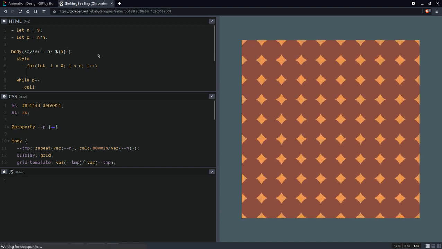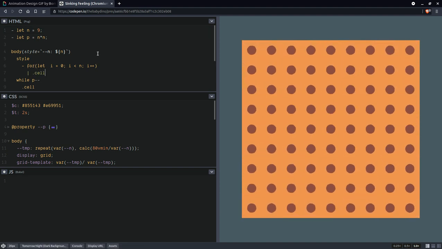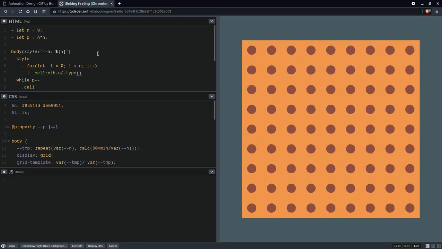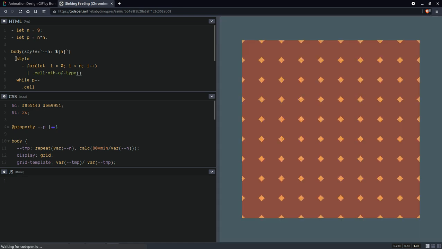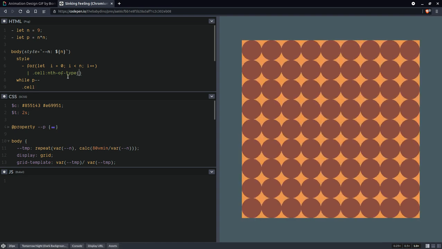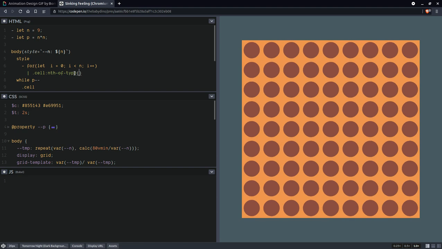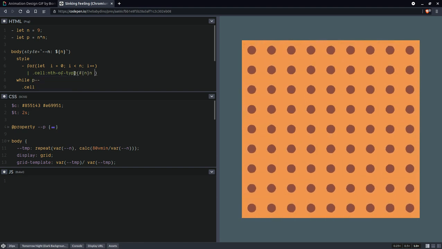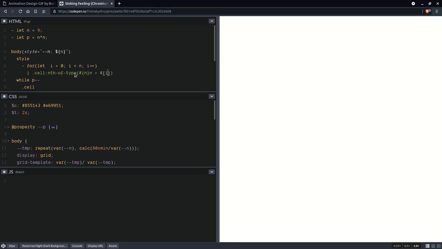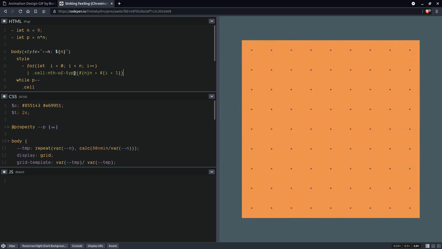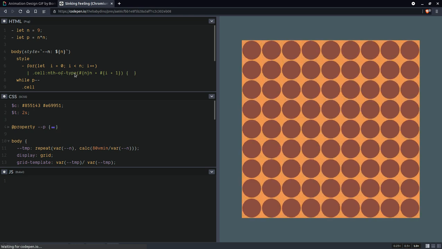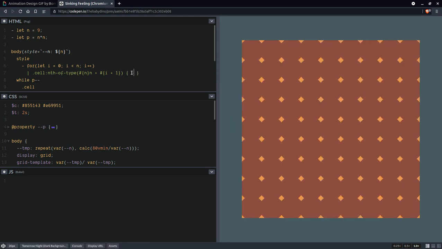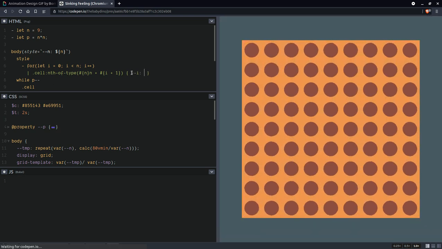and we are going to have cell nth-of-type, and we're using nth-of-type because this style is a sibling of the cells and is right before them, so it's going to mess up the index of nth-child. So here we're going to have every n cells plus i, and we have plus 1 there because the nth-of-type index is 1-based as opposed to the loop index, which is 0-based. And here we're going to set the column index to the loop index,